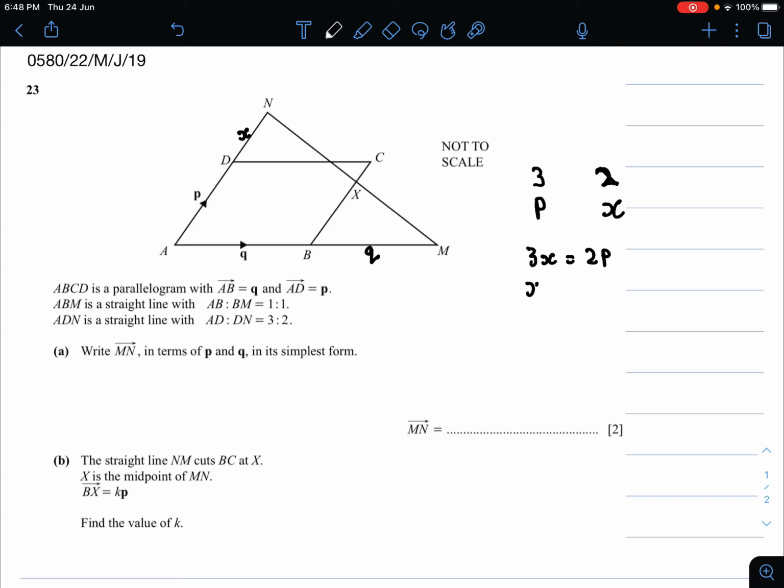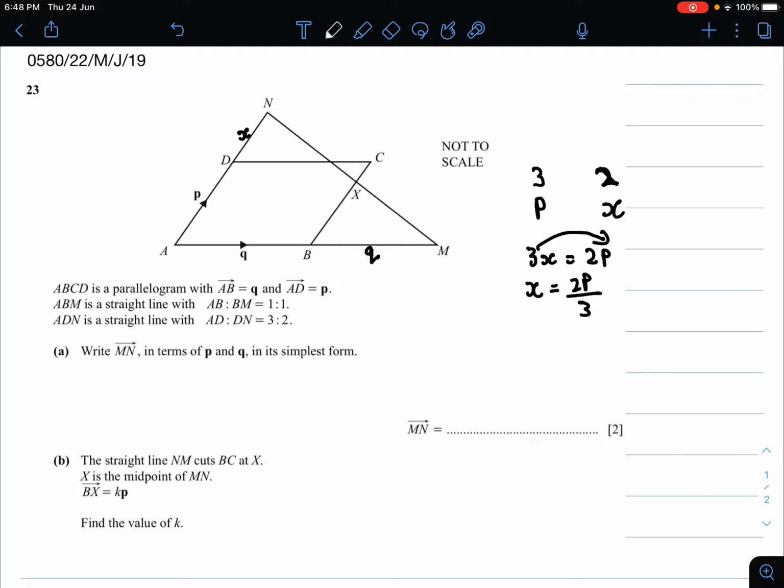Therefore, if we take 3 to the other side of the equation, 3 becomes the denominator, because multiplication when taken to the other side of the equation becomes division. So therefore x equals 2p divided by 3. Now we have to find